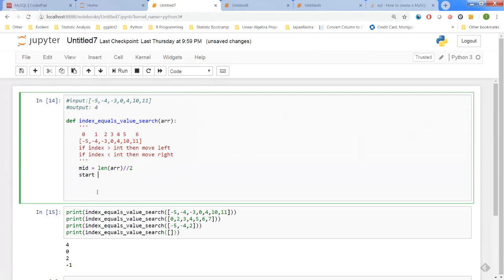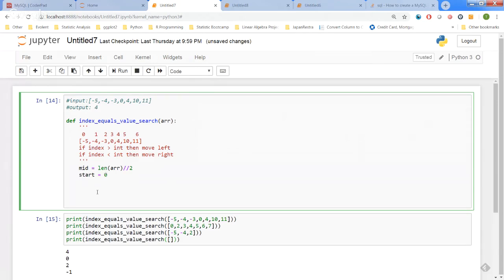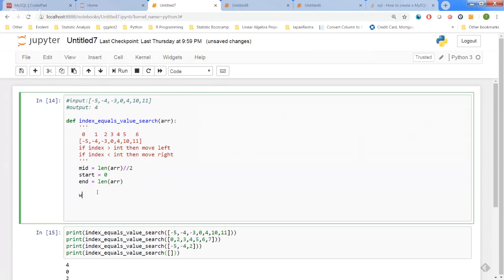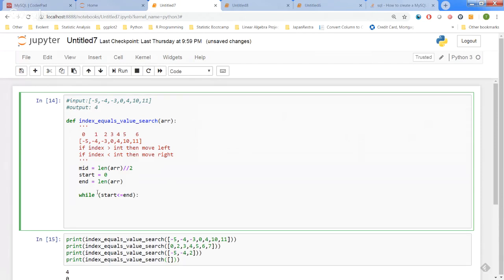Well, probably the best way would be to have 2 pointers, one starting at the beginning of the index, one at the end. So while start is less, I suppose less or equal to end,